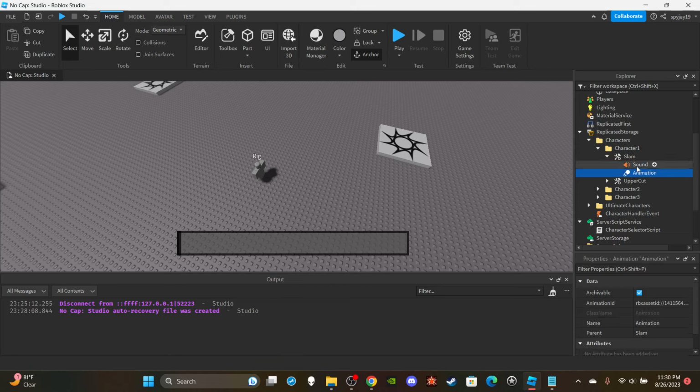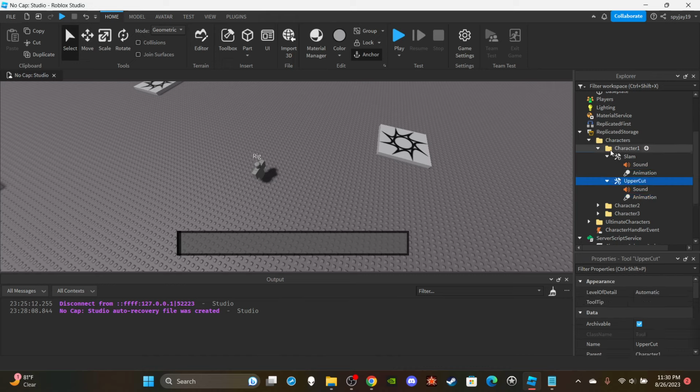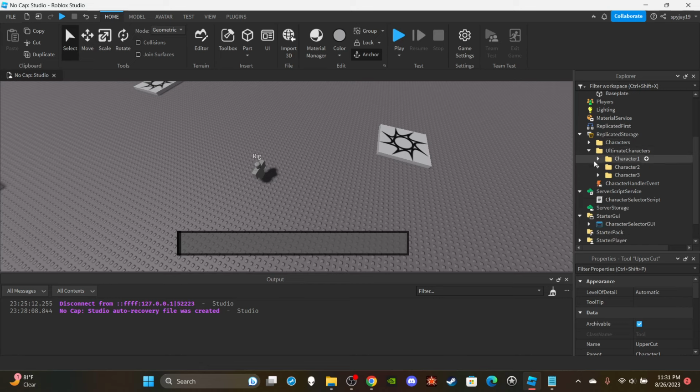So name it animation and sound. The names need to be the same. Like for all of them, it just needs to be sound and animation. That's all you need to do. But of course, you can name the tools and characters folders differently and stuff, right? So yeah, this simple. So ultimate characters,